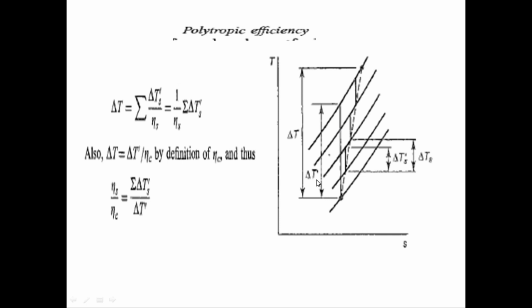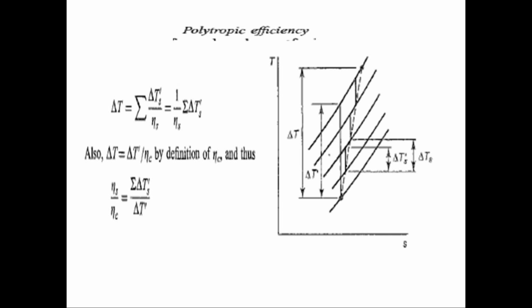So we are going to take into account the net rise in the temperature isentropically, represented by delta T dash. But if the compressor is divided into a number of stages, then for all the constant pressure lines we can plot a particular stage, and assume that this is one stage